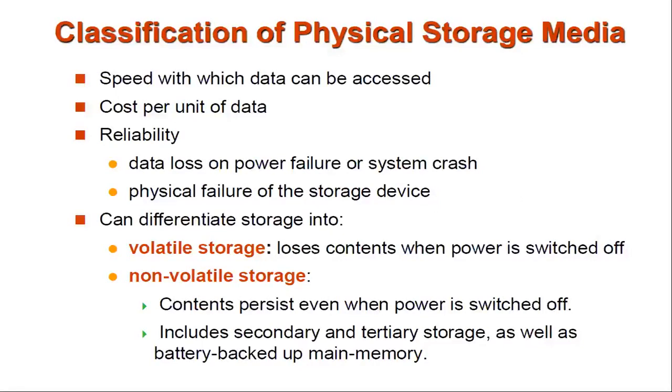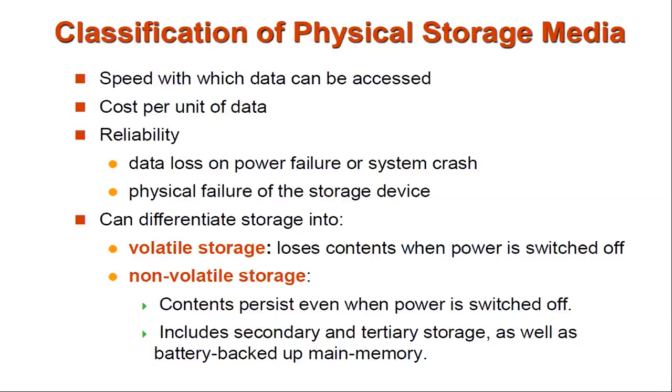Okay, so here the storage devices, or your physical storage media, can be classified or categorized based on some different features. Suppose you have the primary storage and the secondary storage, and based on certain factors and characteristics, you can classify the storage devices. So what are the basic and important classification criteria or features we can consider to classify the physical storage? Obviously, the first one is the speed. How much speed the storage device can perform. Based on that, we can have a classification.